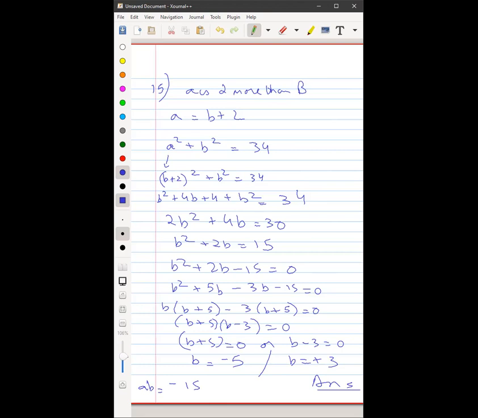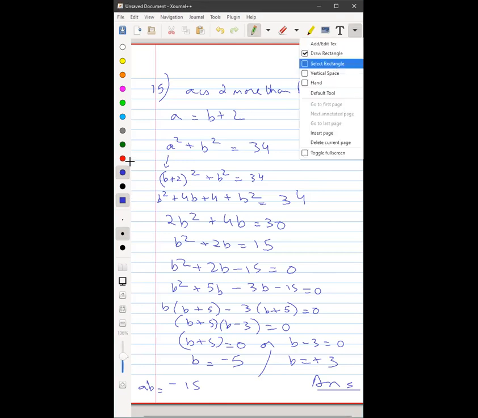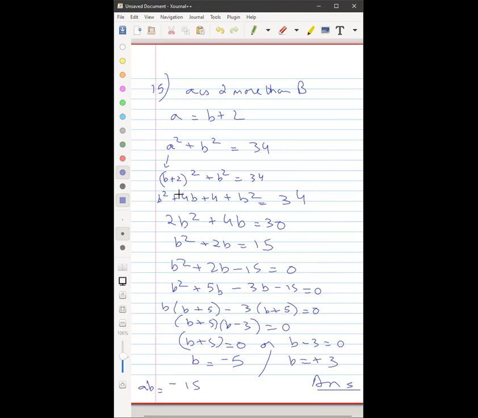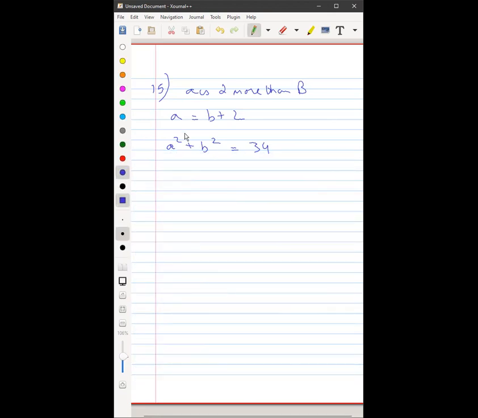Yeah, Vishwa? Sir, actually, I have done it in a little bit different way. Can you tell if it is correct? Yeah, tell me. Sir, first it is given in our book that x minus y is equal to 2. Okay, you took the difference between both. So instead of this, you took it as A minus B is equal to 2.